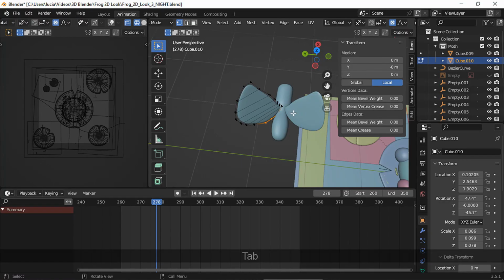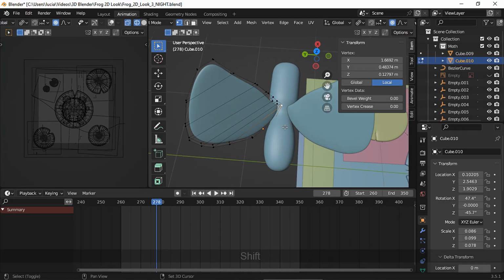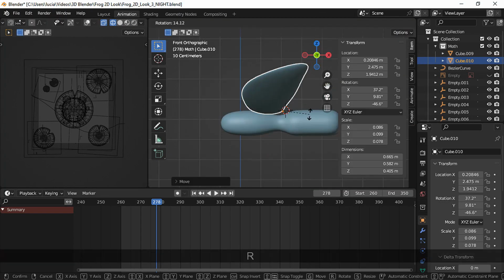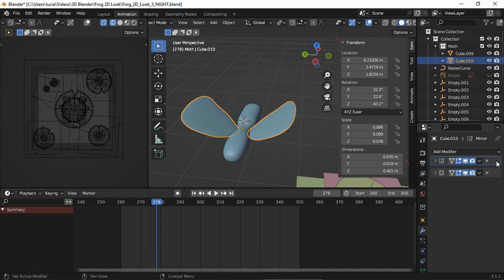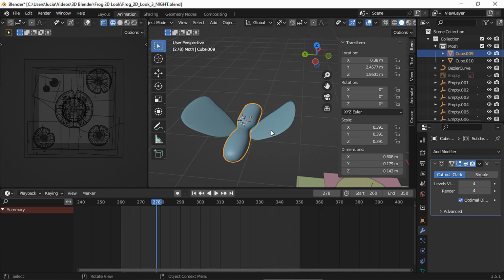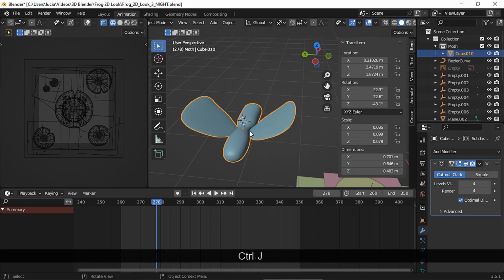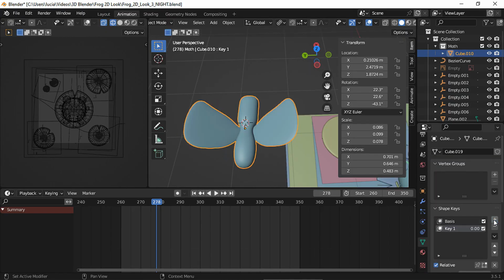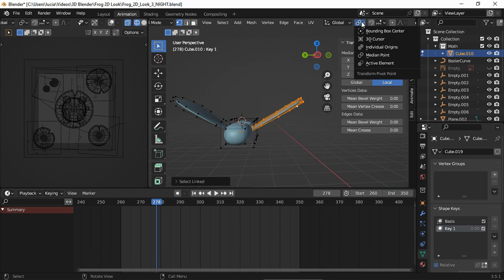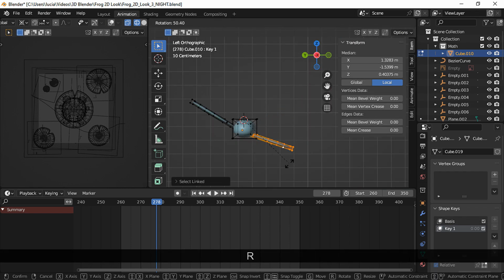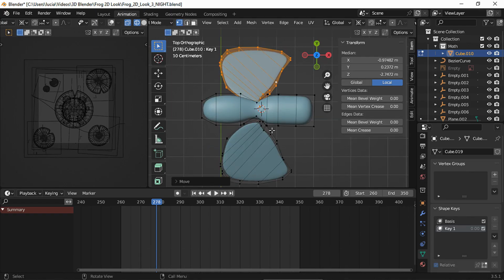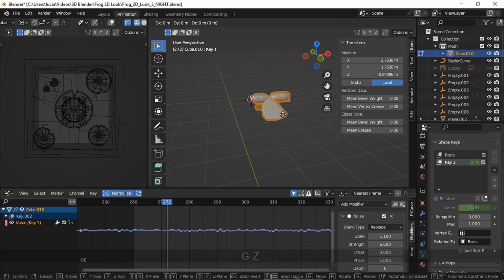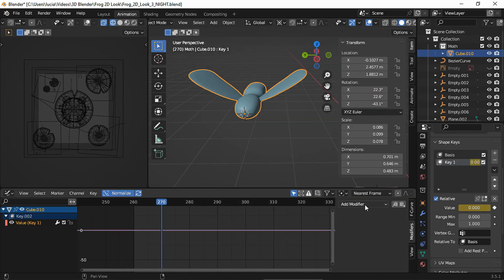I deleted the other pair of wings and I set the 3D cursor at the center so later on I could animate them easily. I applied all the modifiers but the subdivision modifiers so I could join both meshes. Then I animated the wings using shape keys. First I moved both wings down. Then I moved my moth down on the z-axis and I set a keyframe for my shape key